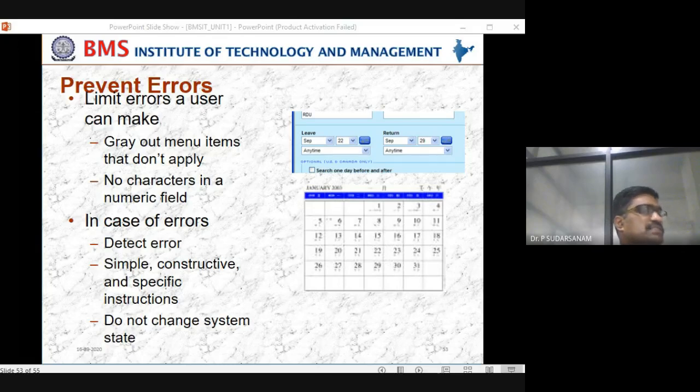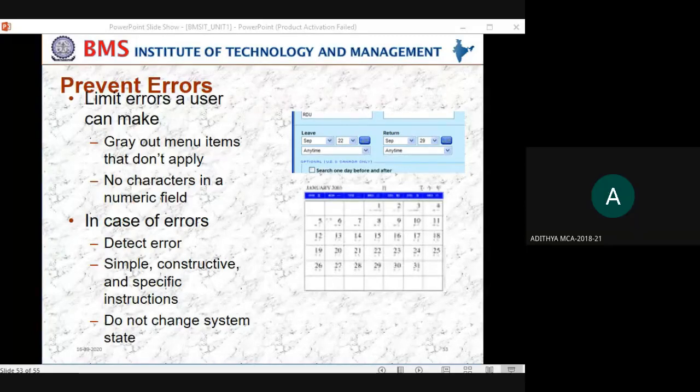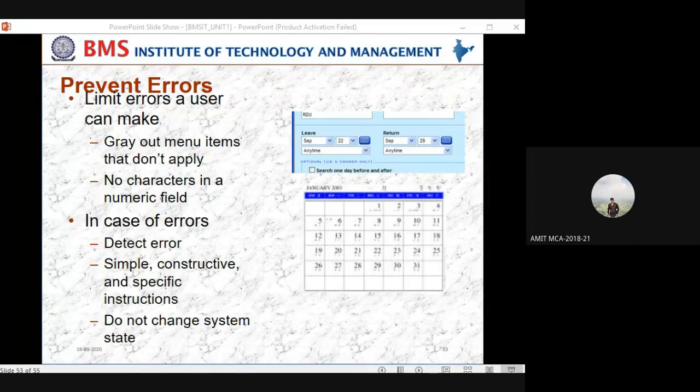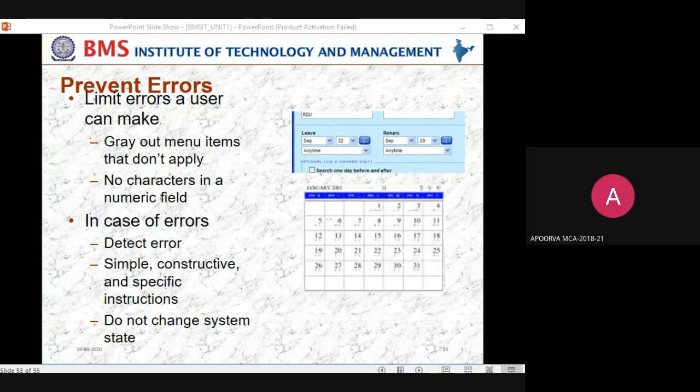Register number 2. 3. Yes, sir. 4. 5. Yes, sir. 6. 7.